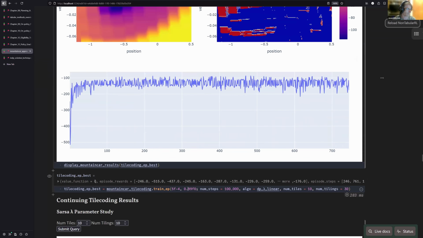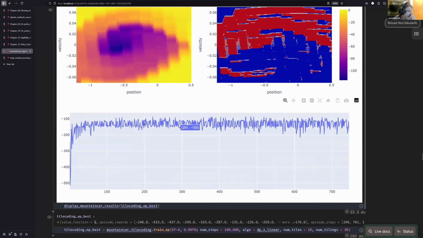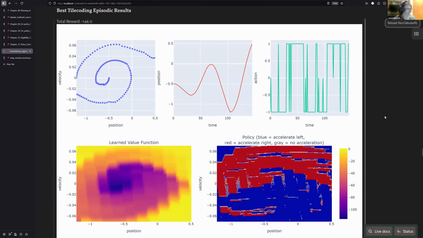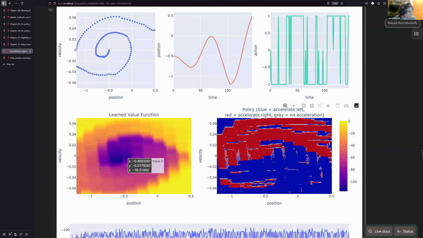So this is the result of training with this tile coding. And we can see it actually learned basically as well as it can do in much faster than 100,000 steps. You can see the average here, again, is in that 120, 130, 140 step range. And now the value function is starting to look much closer to the true value function, which does have this spiral shape to it. You can see the shape of the tiles here and how they overlap, but you can also see how the overlap of the tiles allows a more smooth transition between these different parts of the state